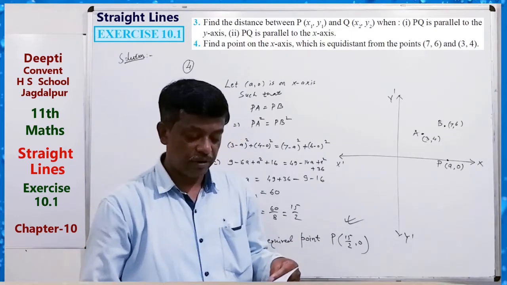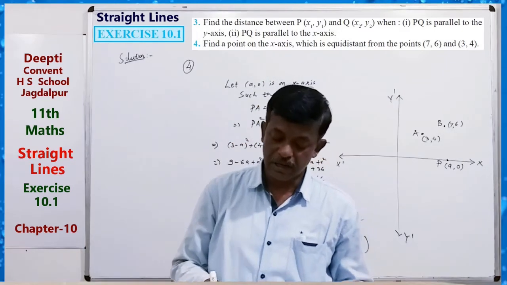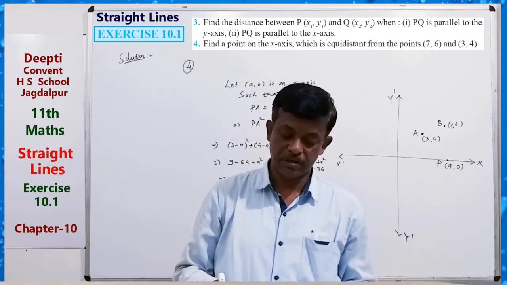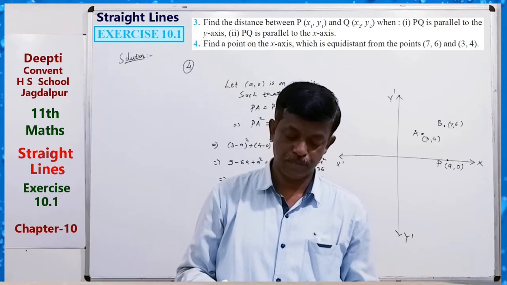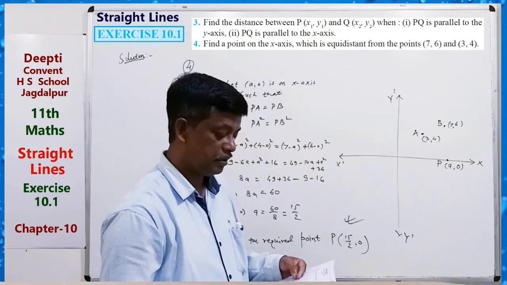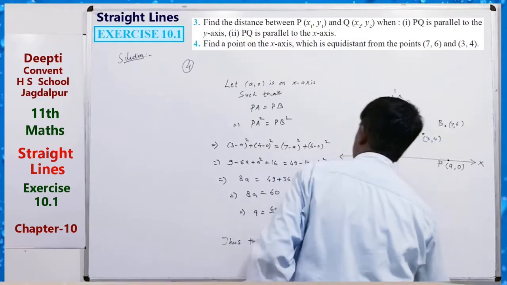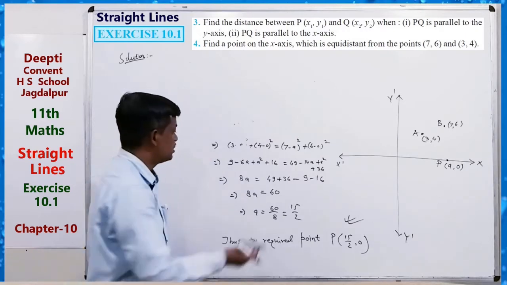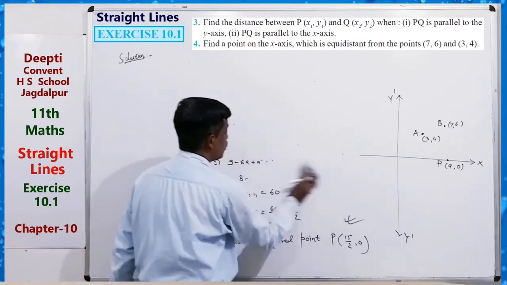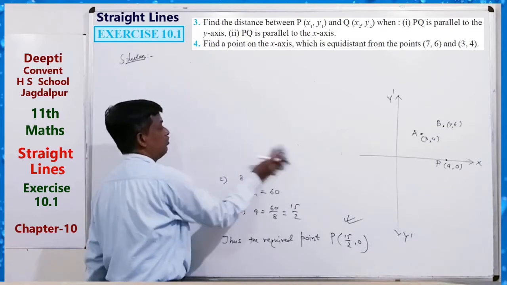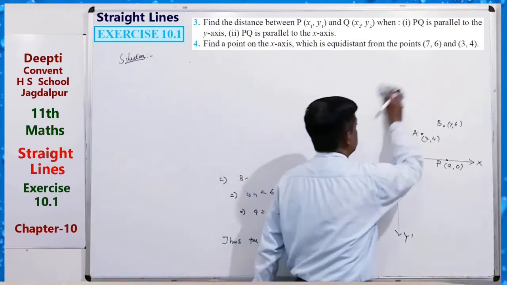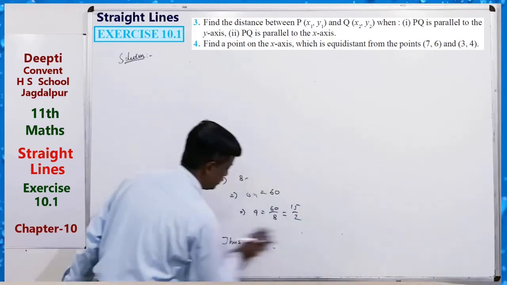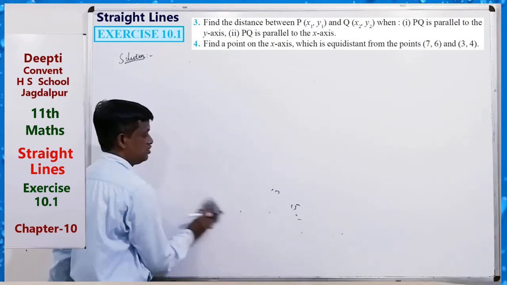Now question 5. Find the slope of a line which passes through the origin and the midpoint of the line segment joining the points (0, minus 4) and the other given point. Slope can be found using coordinates. So we have to find the slope of a line which passes through the origin and the midpoint of a line segment. Very simple: first find the coordinates and then use y2 minus y1 upon x2 minus x1, which is the slope of a line joining two points.